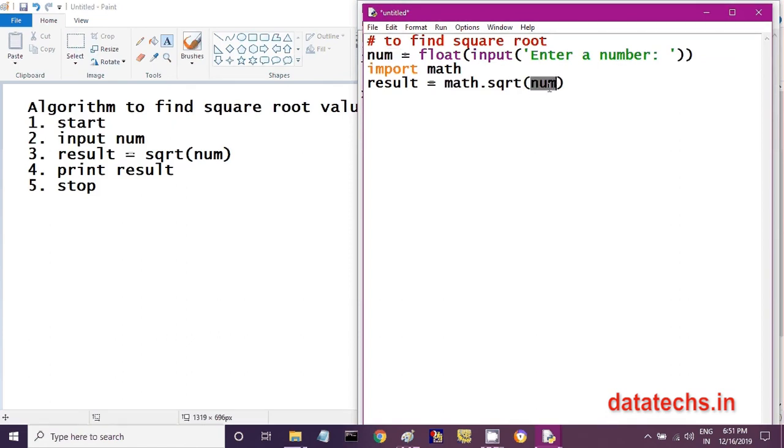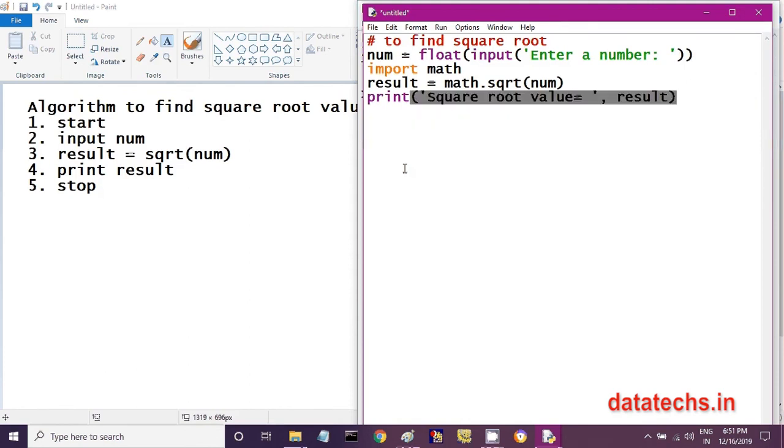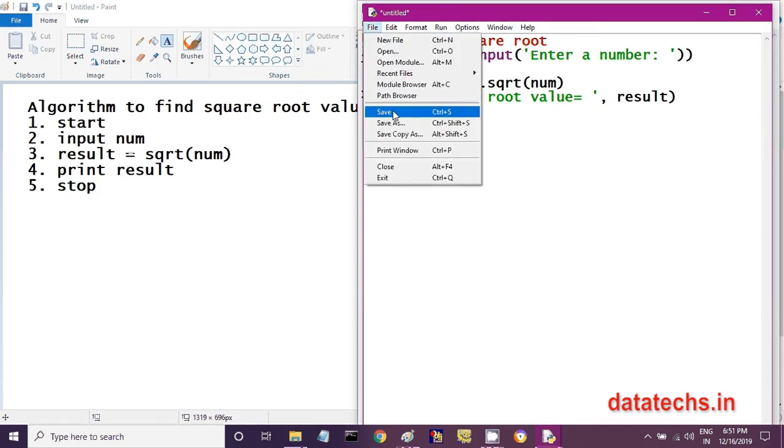It will calculate the square root of this number and store the result into this result variable. Then I have to display. The next step is to display the result. I can write "square root value is", comma, result. So this is a way you can display the result. That's it. Our program is completed.